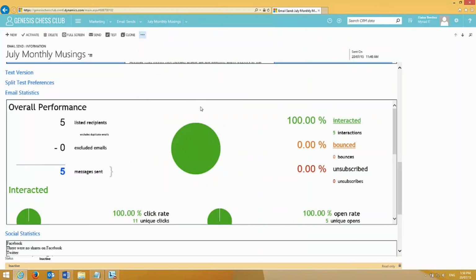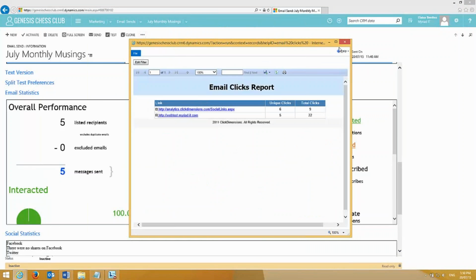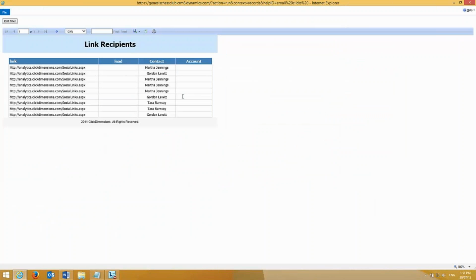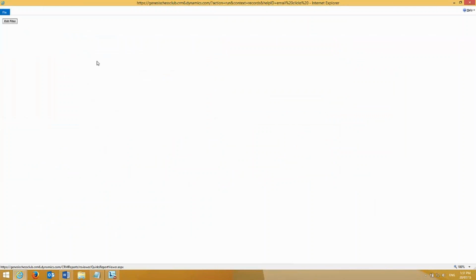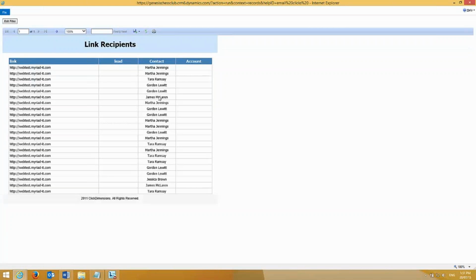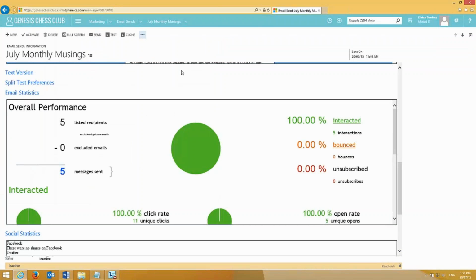The other thing is you can also drill down to the level of who has actually clicked on the links within your email. So I'm opening up a report that already comes with ClickDimensions. I didn't need to build this report. It was already there for me to use. So I've clicked on the first link. So this is telling me everyone who's clicked on the social links, as well as everyone who's clicked on our register webpage link. So that gives you a nice overview of who has been clicking on your links within the